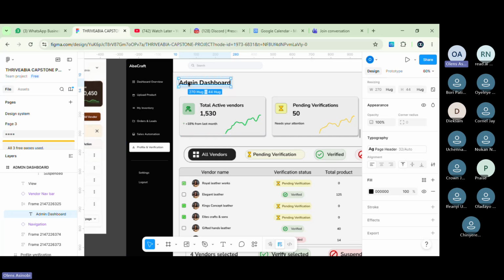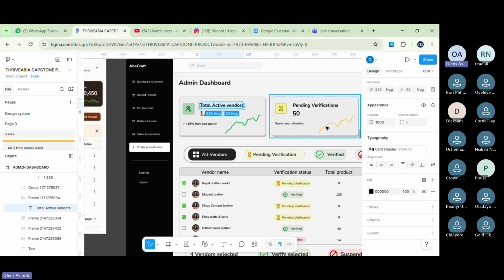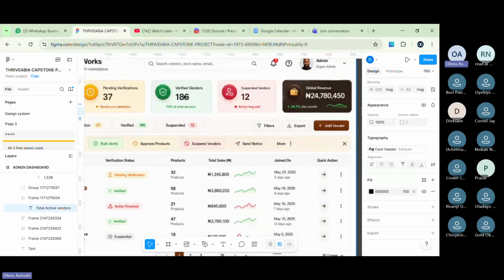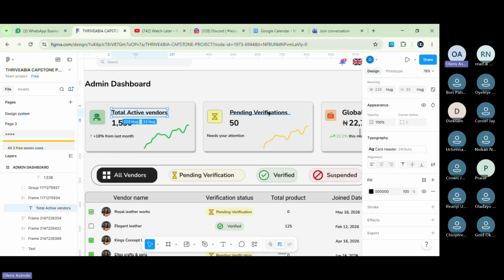This is page header. Nobody's supposed to be dragging it with him. This one you use secondary header. Then this one can be body text, not even card header. Take a look at this. This is big, this is small, almost the same size as this and this. Now watch this. If I take this down, say I reduce the size.